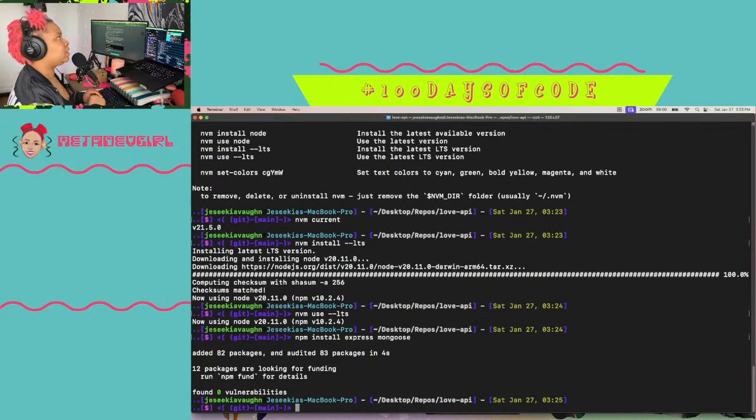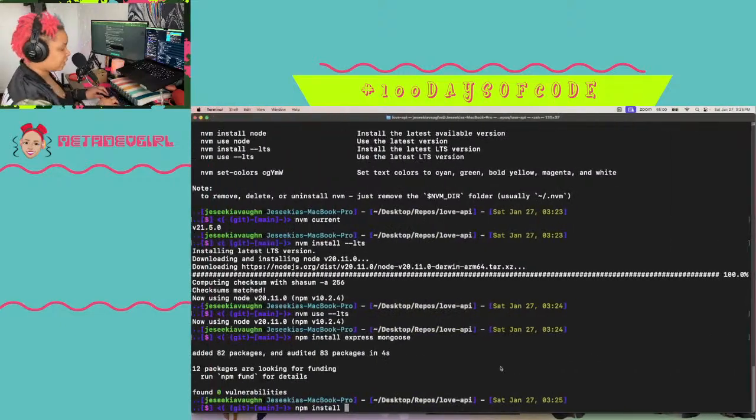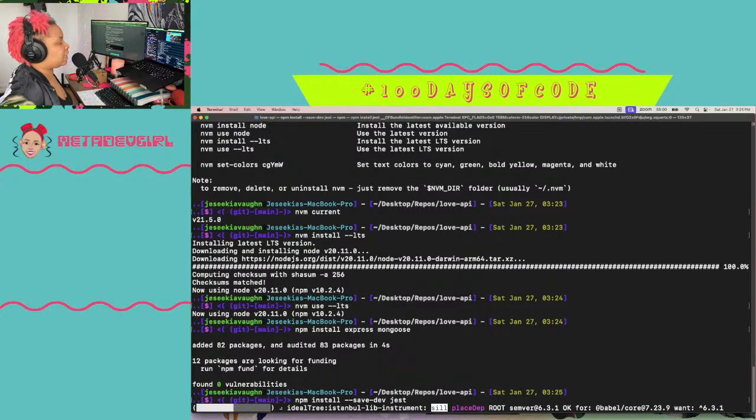Anything else I need to install, I can just install as I need. But for right now, I think I need those. And then npm install, put my flag, dev Jest. I'm not going to set it up yet, but at least I can have it installed.